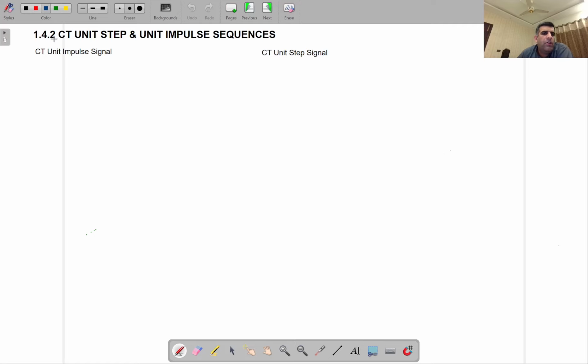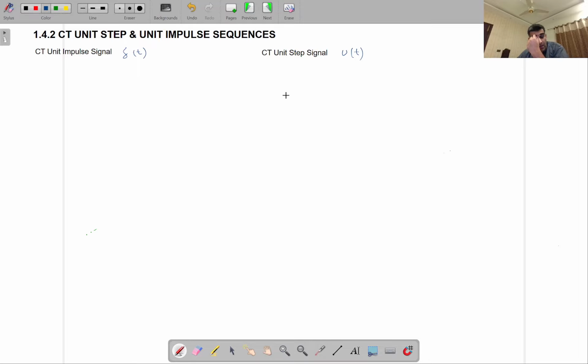Now we are going to look at the continuous time versions of the unit step and unit impulse sequences which we have defined in the previous clip. Just like before, the symbols are the same. For the unit impulse signal, the symbol we are going to use is delta, but since we are now talking about the continuous time version, we represent it with delta of t. Similarly, for the unit step signal we use the same notation U, and again, since we are talking about the continuous time version, we represent it like